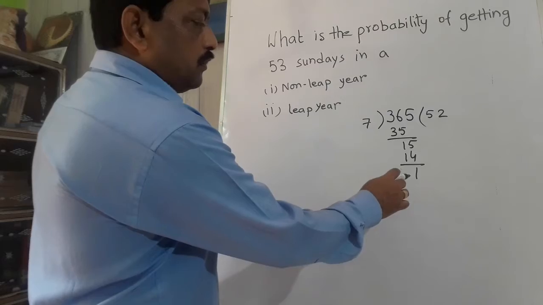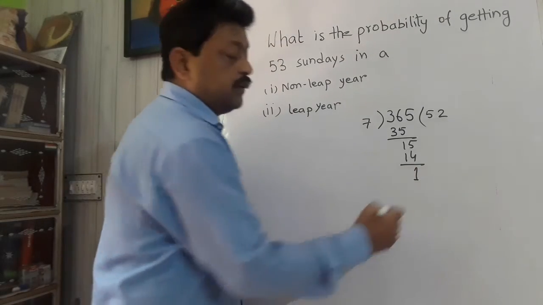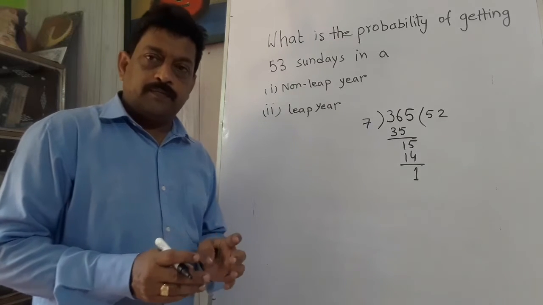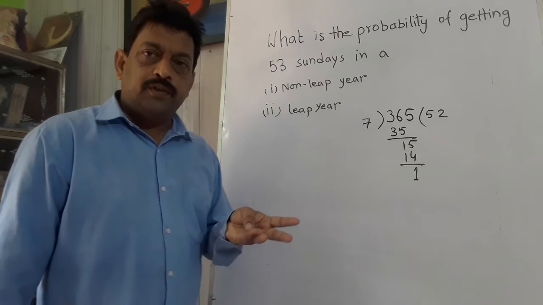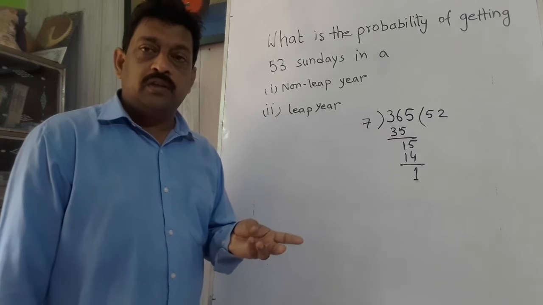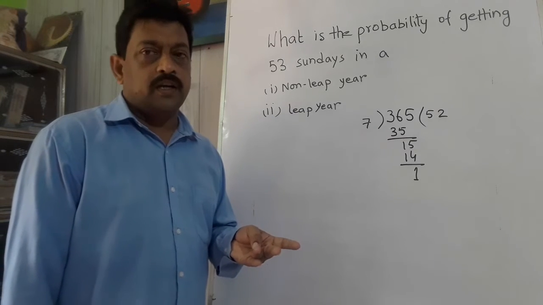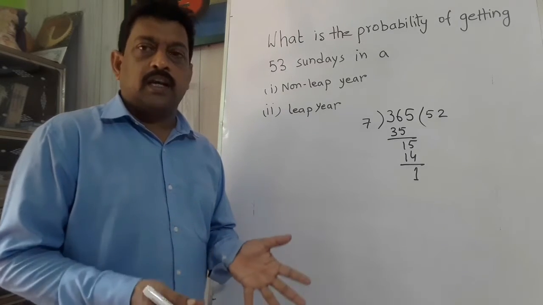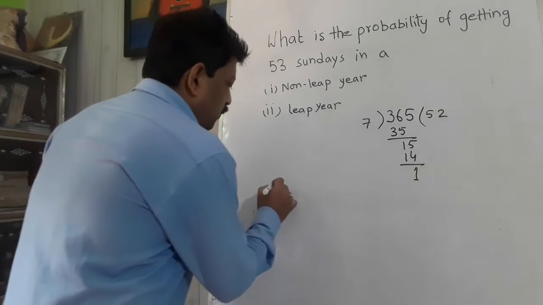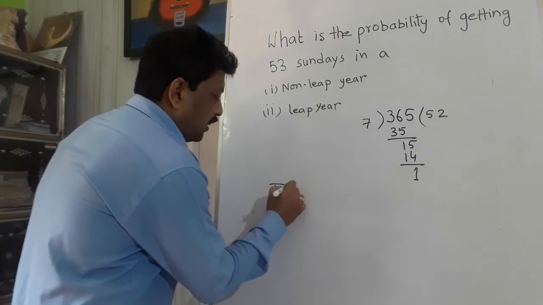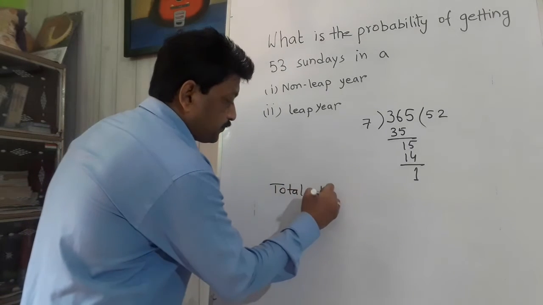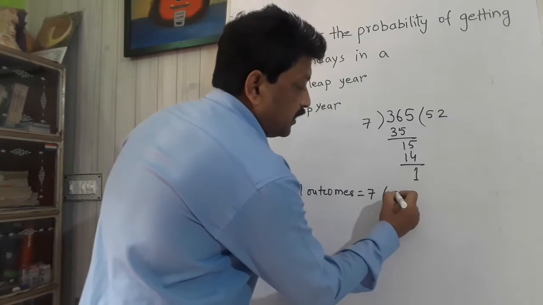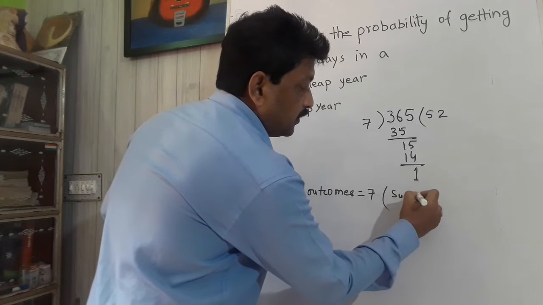Now if there is one extra day, then this extra day can be any day of the week. Like it can be Monday, it can be Tuesday, it can be Wednesday, Thursday, Friday, Saturday or Sunday. After the 7 days of the week, it can be any day. So what are the total outcomes? Our total outcomes equals 7. That is, it can be Sunday, it can be Monday,